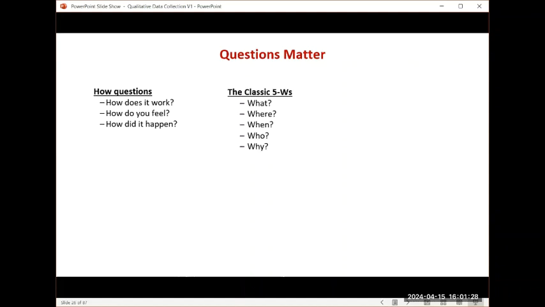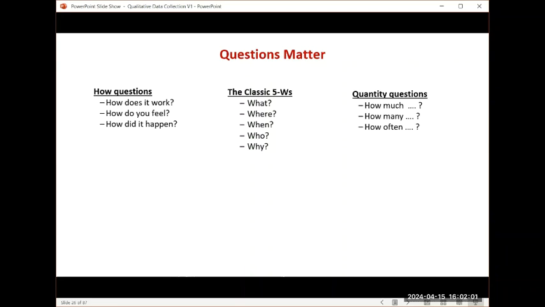Those are different than what questions, the W questions, which are basically what, where, when, who, and why. I will tell you, if you're going to use a why question with individuals, why did you do X? You're going to get a social justification, and it may not be what you're really looking for. So I tend to avoid why questions. I usually ask, so how did you come to that decision? And turn it into a how question and let them tell me about the process.